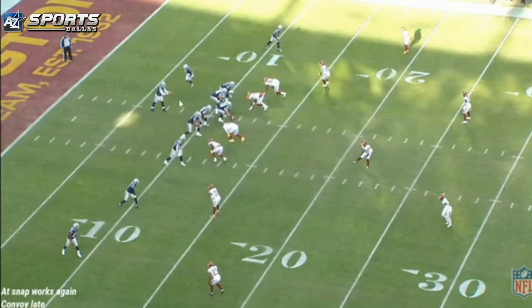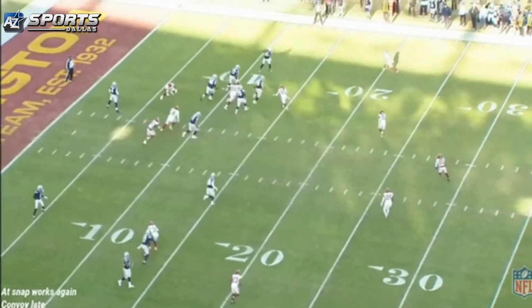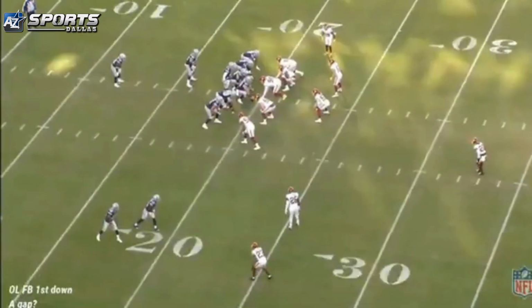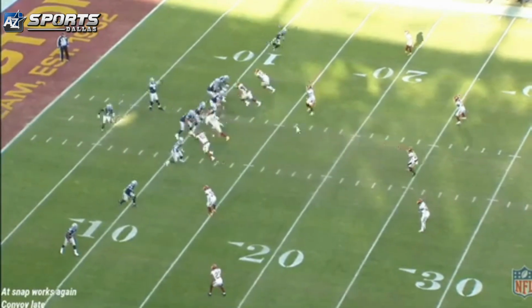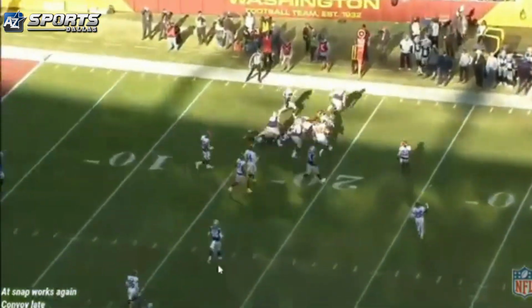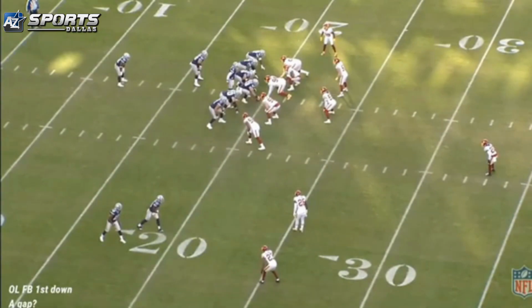Again, at snap motion. Watch what it does, ladies and gentlemen. I'm a fan of at snap motion. I'm a fan of it. You're going to get my man moving here. Watch the linebacker. He's shifting. Just enough room here for him to get up space and the lineman to get out in front. I need to see more of that. It's easy ways to get a linebacker off his spot.